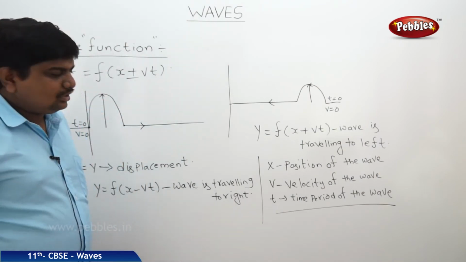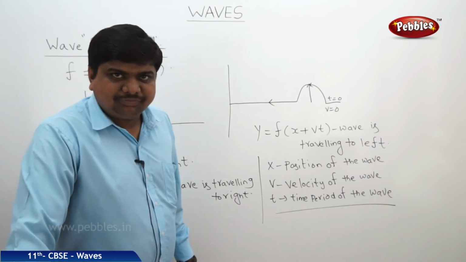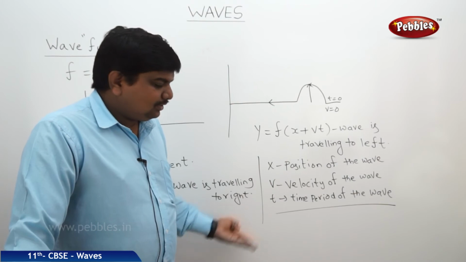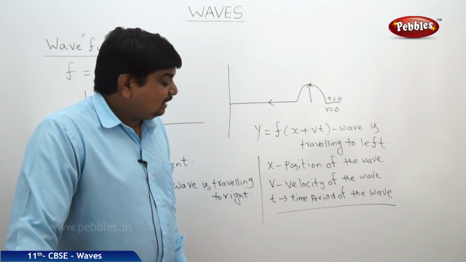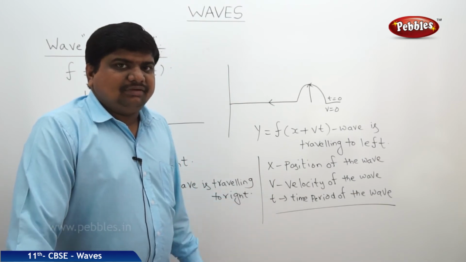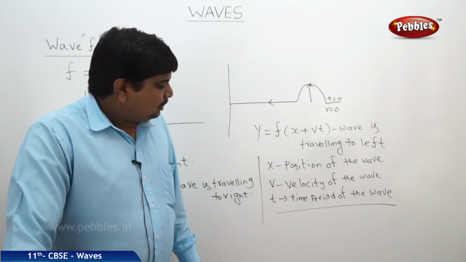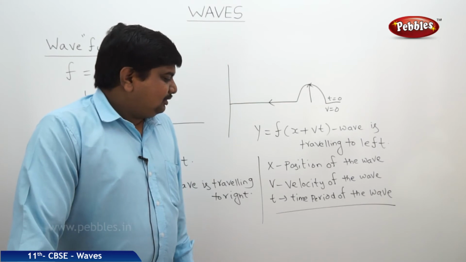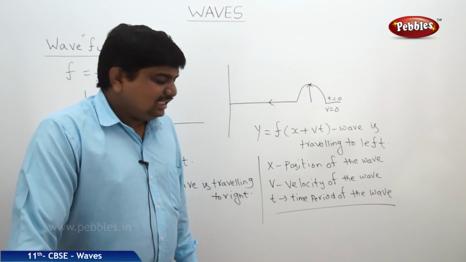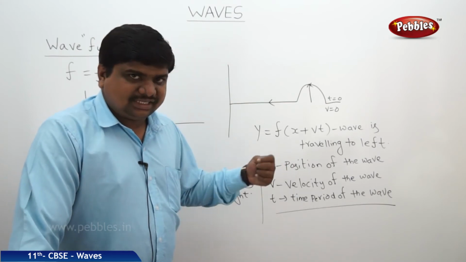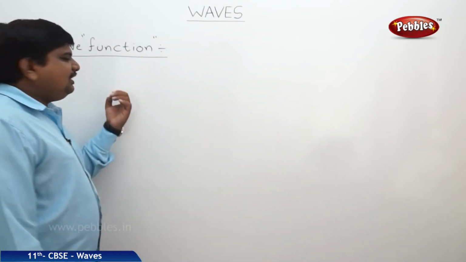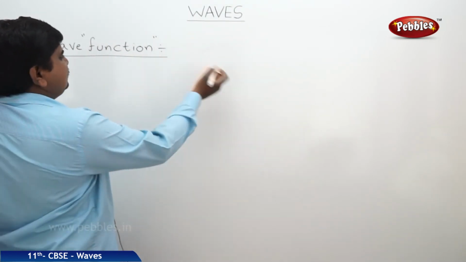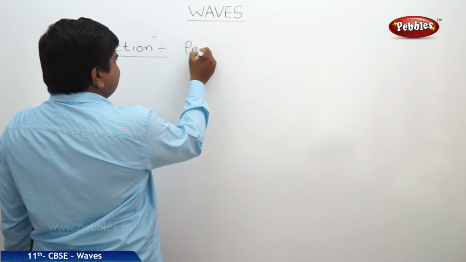Mostly all the waves are periodic in nature, otherwise they won't propagate to longer distances with the same equal amplitude and some fixed displacement. So we will check how the periodicity will work to express the wave nature, or to express the equation of the wave along the strings. So the subclassified form of the wave function, the other type, is the periodic wave function.